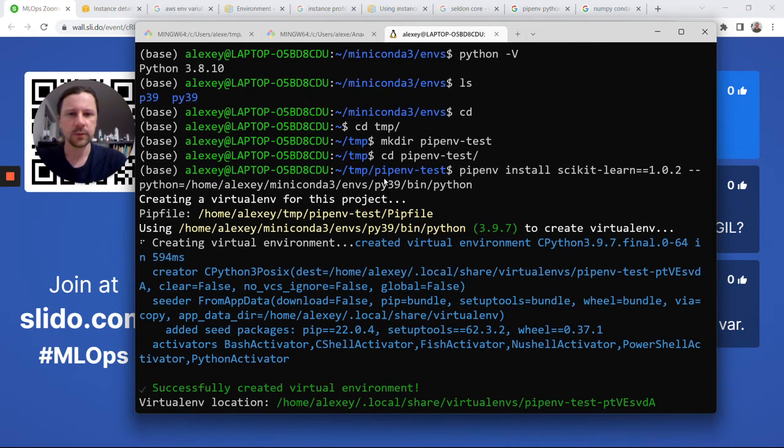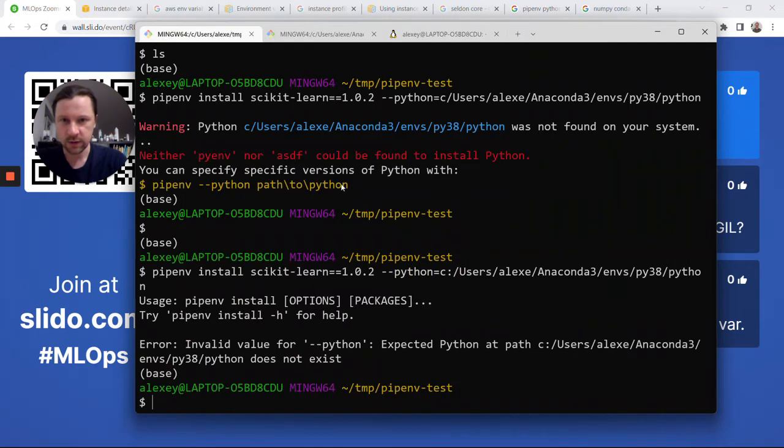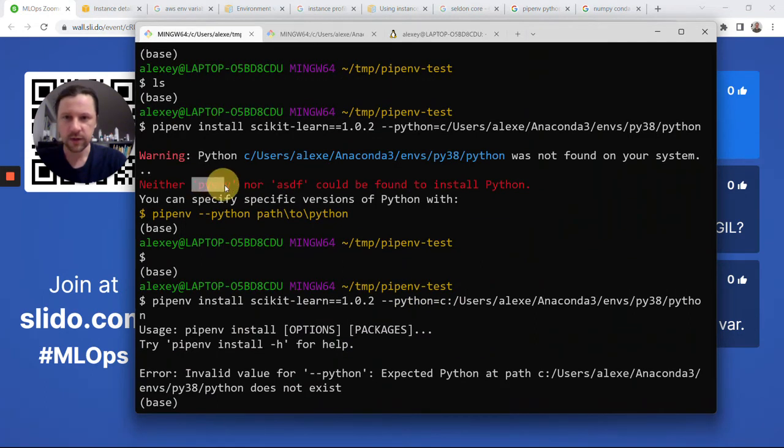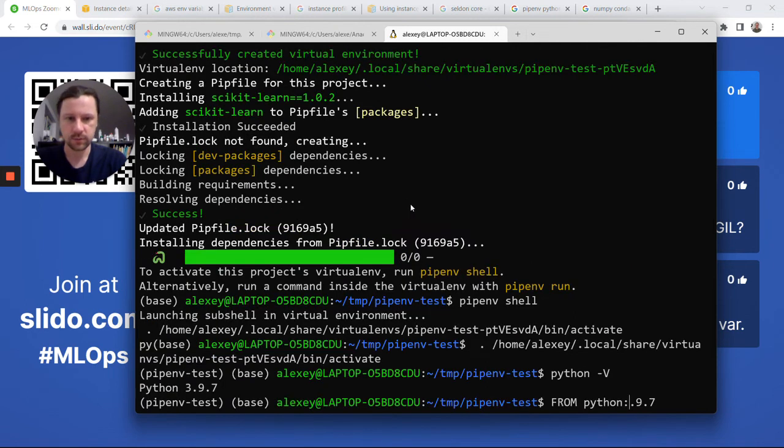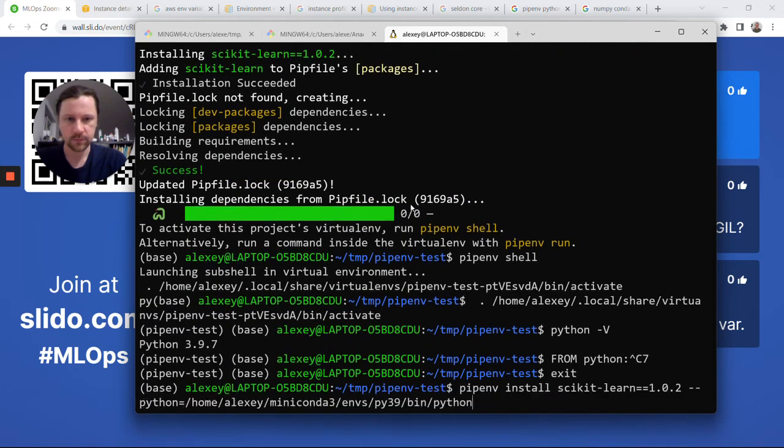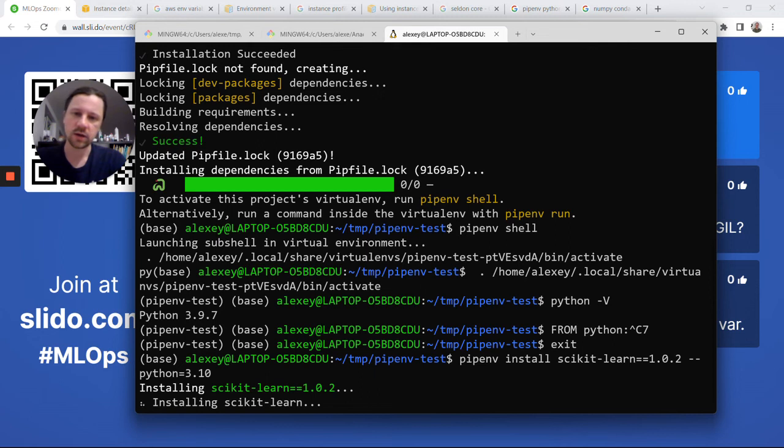Alternatively, remember the thing here, it complained it cannot find pipenv. So alternatively, you can use pipenv and then you don't need Conda. You can just use pipenv and provide the version of Python. Let me close it. So for example, if I now do Python 3.10, it will say, hey, I cannot